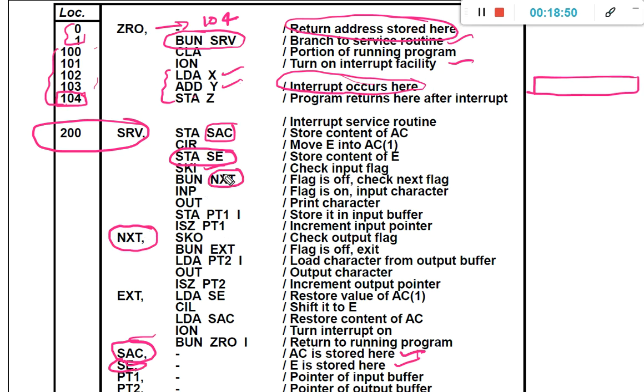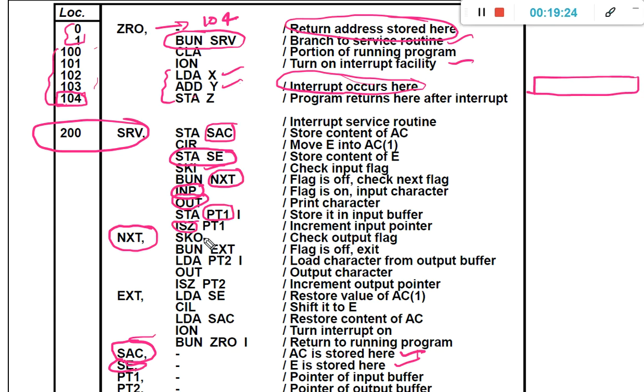If the input flag is set as 1, then perform the input operation, and for prompting perform the output operation and store it in the input buffer. Store the value in the location PT1. Whatever the input character, store it into the input buffer. After storing, increment PT1. If once again the input character is there, continue the same operation.